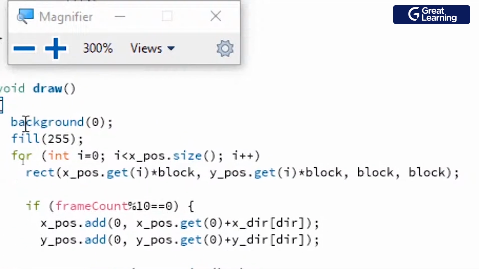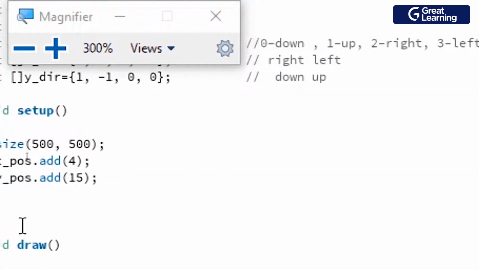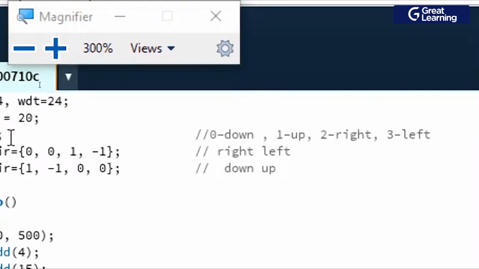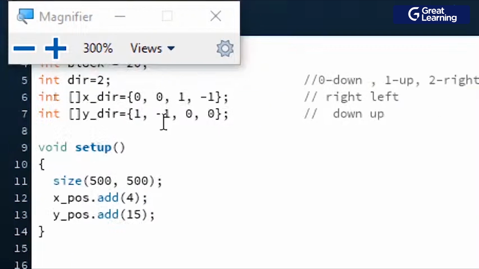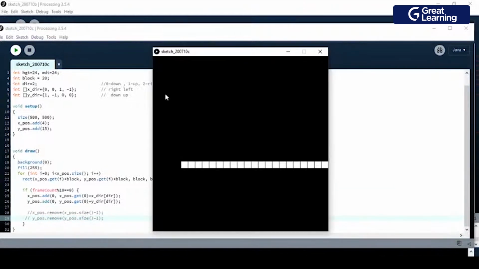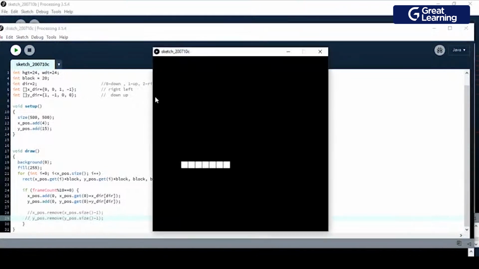And when we are building this above, let me go a bit above. Okay, these are the direction arrays, the two direction arrays, okay? Now if I remove these two lines, I'll show you why we want to remove this. Now you see, if we run this again, we are trying to move. We haven't inserted any values, but what we are doing is adding at the 0th index. It will go 415, then 515, then 615, then 715. So that's why we are getting this.